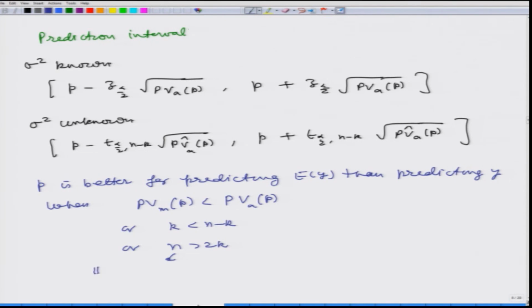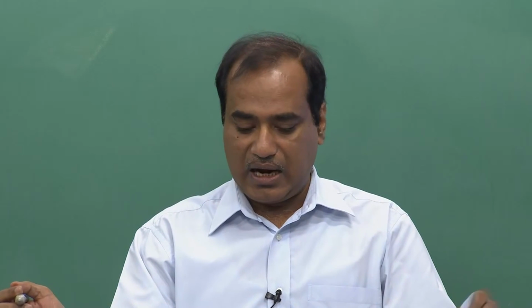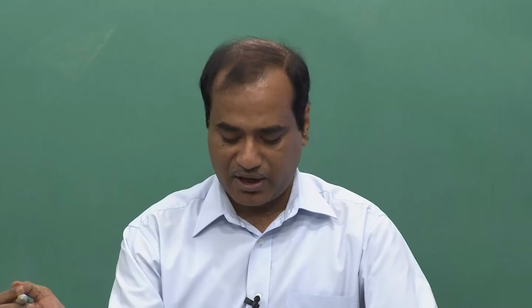So, that means the total number of observations should be greater than twice the number of explanatory variables. That is a very simple condition under which we can know how the same predictor is going to perform under which type of condition. Right. Okay. So, we stop here, and in the next lecture we will try to concentrate on the outside sample